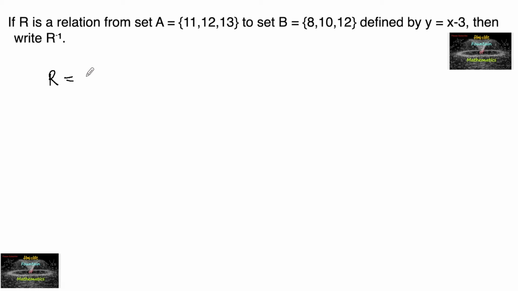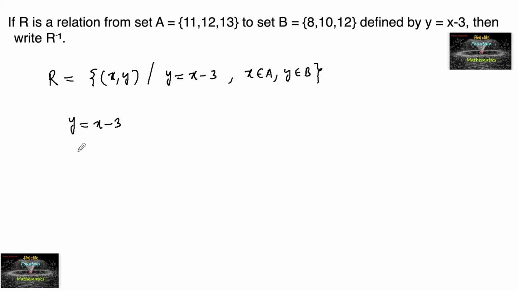So given relation R is equal to {(x, y) such that y is equal to x minus 3, where x belongs to set A and y belongs to set B}. So the given condition y is equal to x minus 3, or we can also write x minus y is equal to 3. If the difference between the two elements is 3, we can select the ordered pairs like R is equal to, so if x is equal to 11, then we can select 8 such that 11 minus 8 is equal to 3,